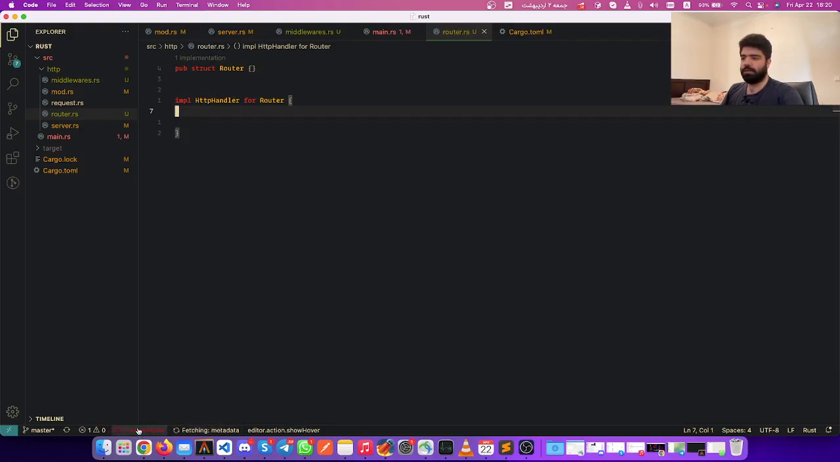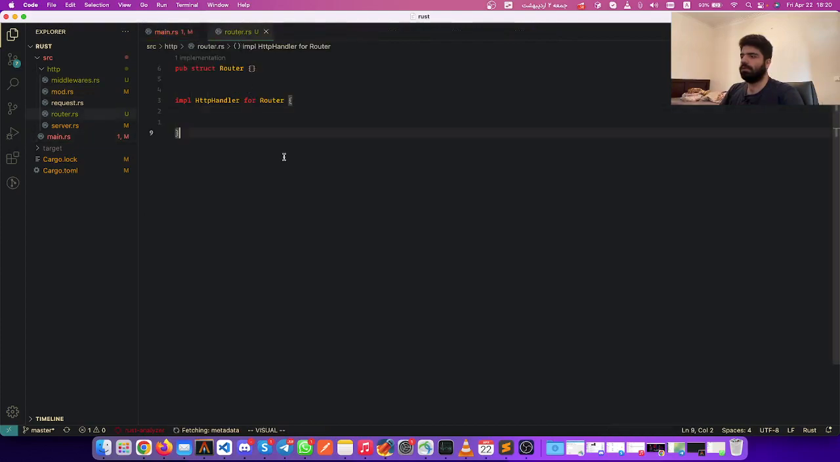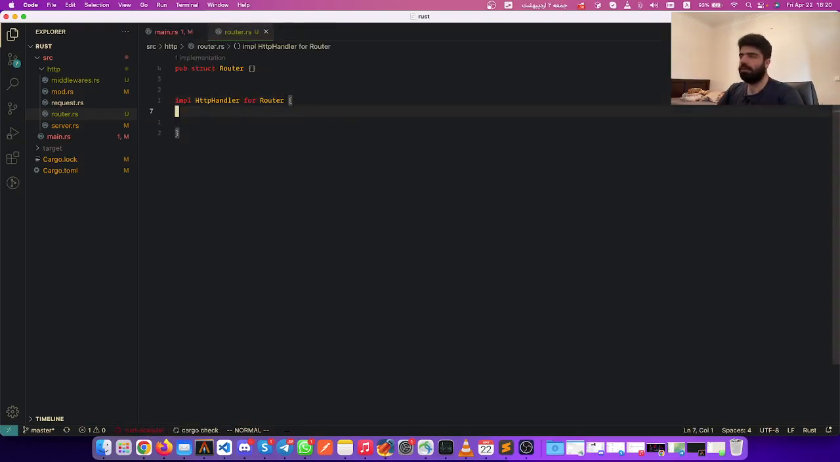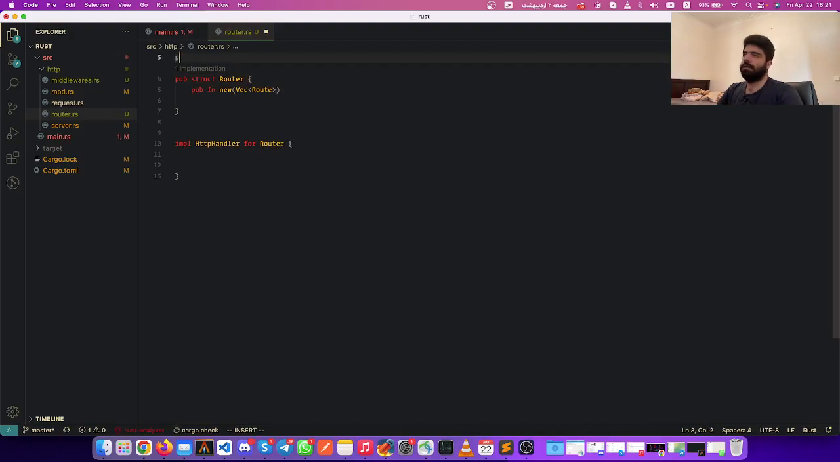So we got some errors in here. This is what I want to implement. And close this, this, and this. Can I do cargo build? Okay, it's waiting on this. Let it finish its work. So my router has a constructor, which is new. It will get a Vec of Route objects. And routes